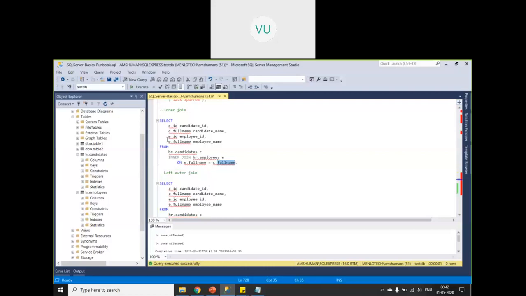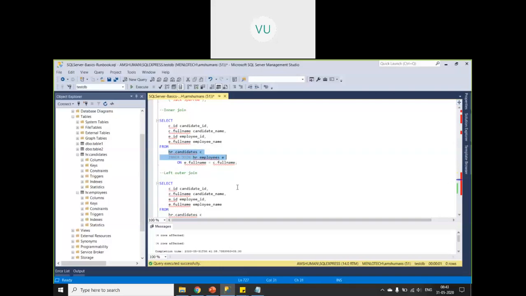So that means C cross E, candidates cross employees, based on the condition that employees dot full name equals candidates dot full name. First it will execute the from, that means it will combine all the records from candidates with all the records from employees.